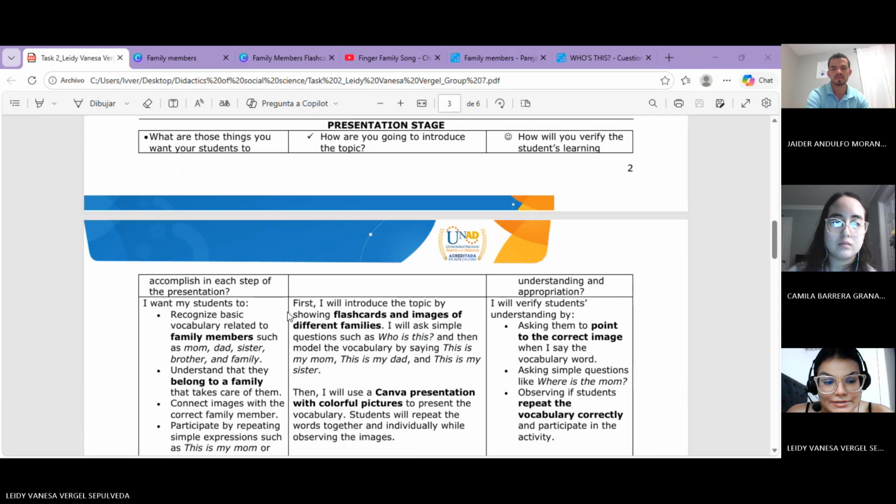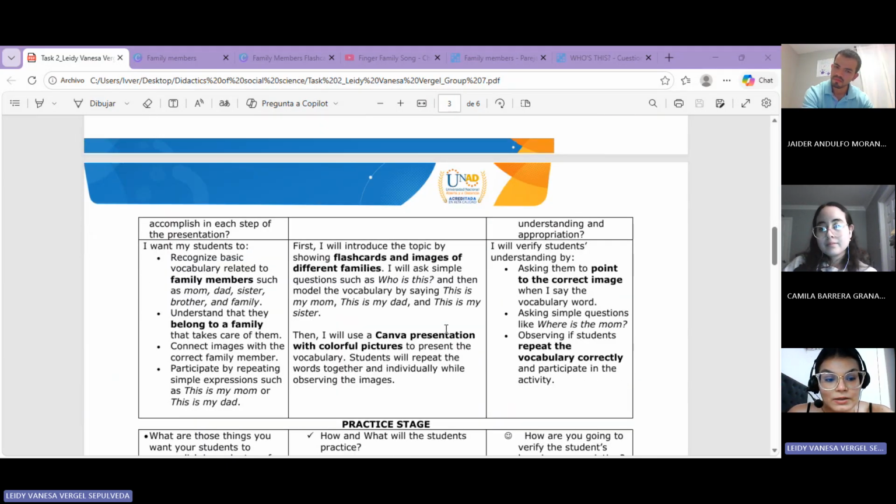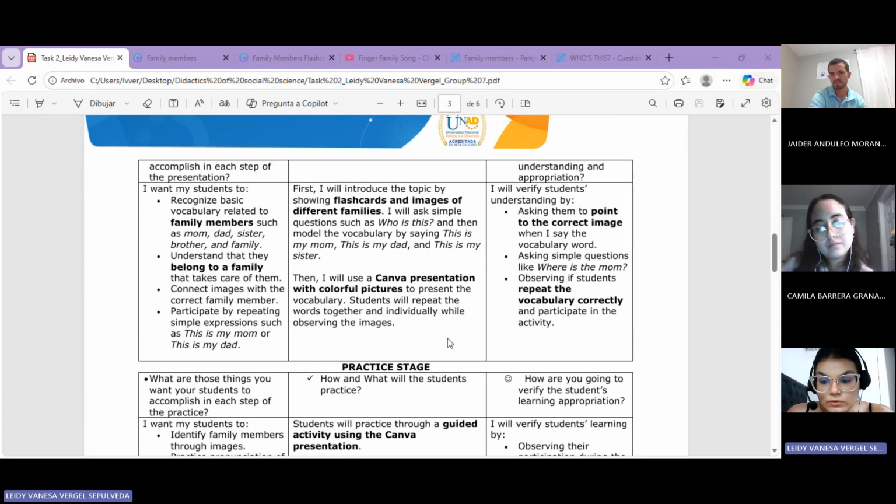Now, why is this lesson plan appropriate with the DBA and objectives? Because students recognize the family as a social group, which is essential in early education. So the lesson plan integrates both social science content and language learning.